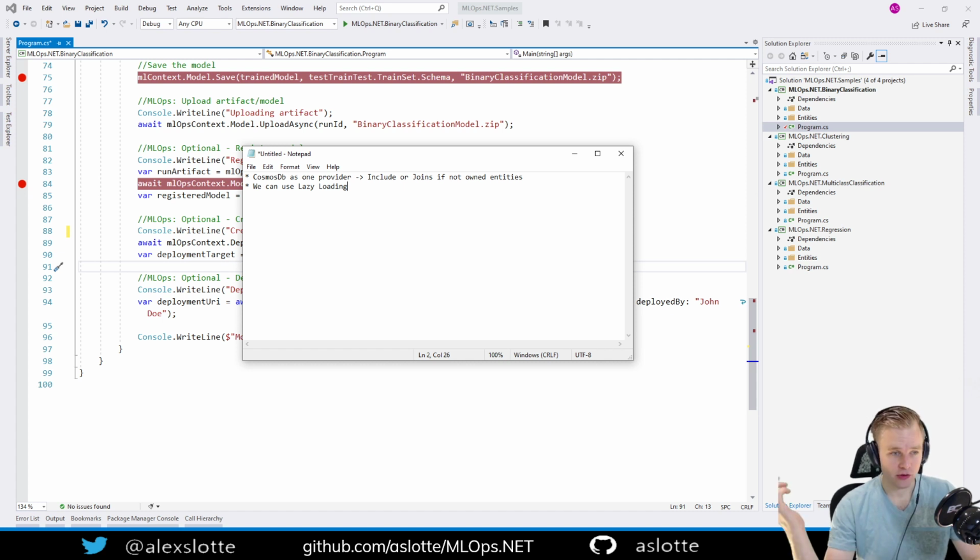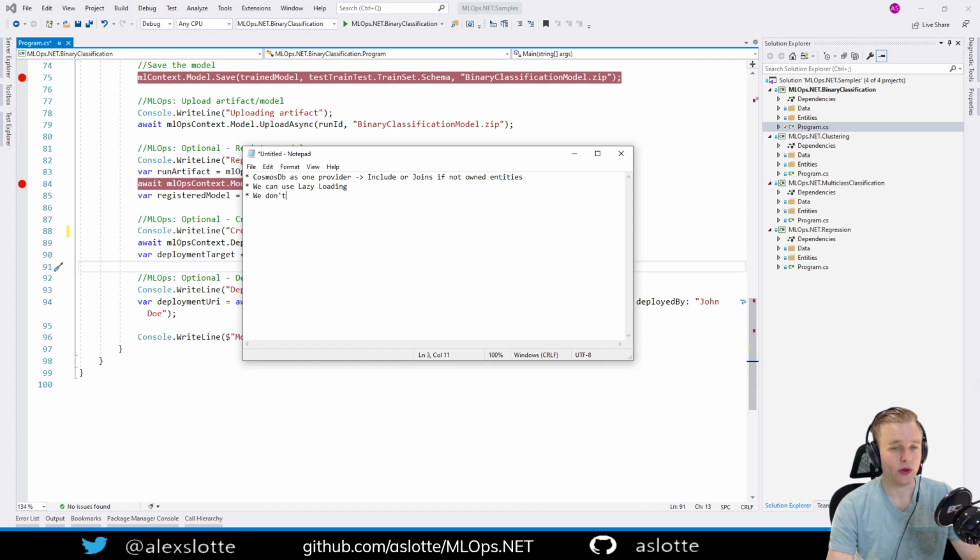Because the context is going to be disposed at the end of the method and it's not going to be available at all. So that's in general an issue, right? We can't use lazy loading. We are a little bit limited on what kind of methods we can use for including for joins. And then finally, to add to this as well,